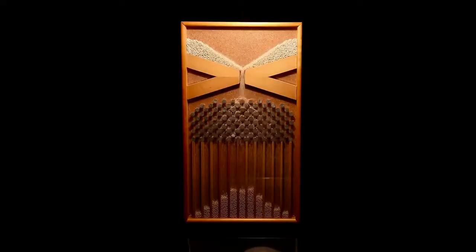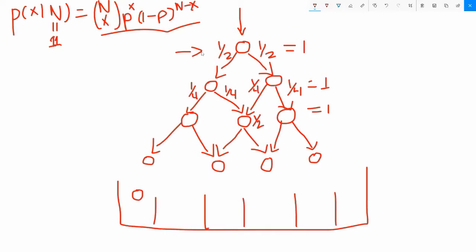The math behind this experiment: each marble in Galton's board follows a path. At each level of the machine it goes to the left or to the right. It goes to the left with probability p, and to the right with probability 1 minus p. In a normal Galton's board, this probability is the same: 1/2 for left and 1/2 for right. At each level the marble makes a Bernoulli trial, or Bernoulli experiment.